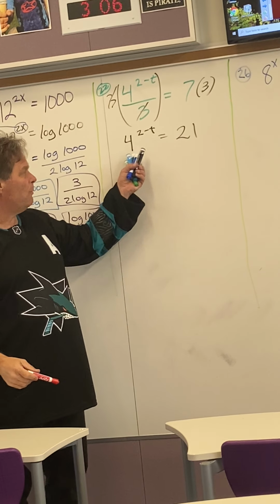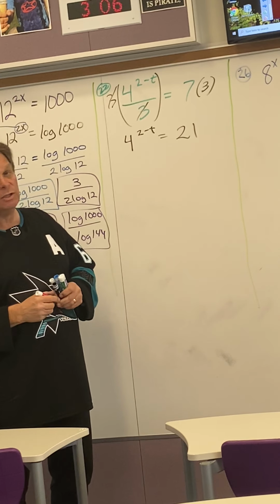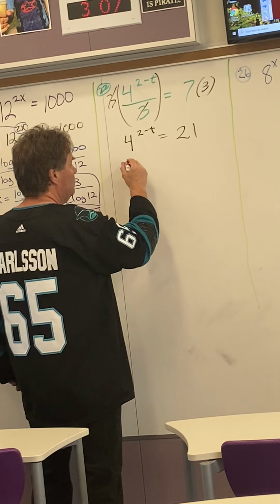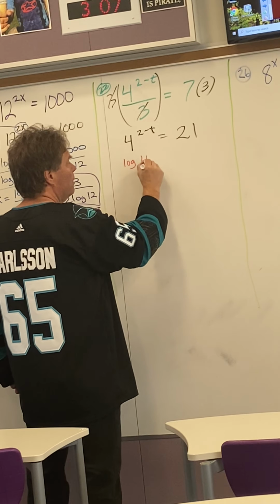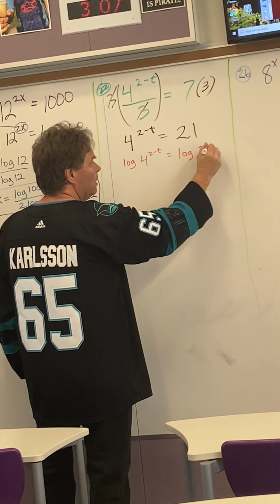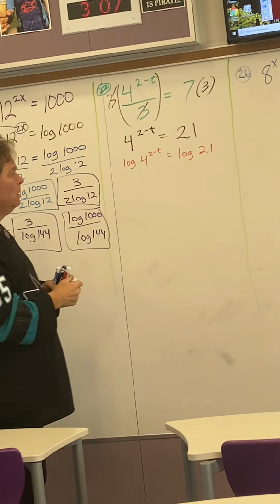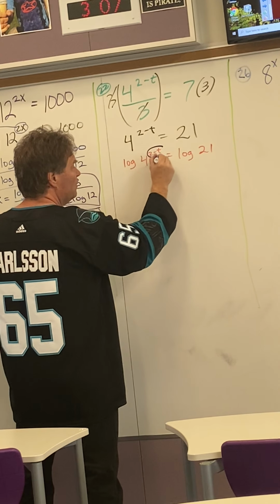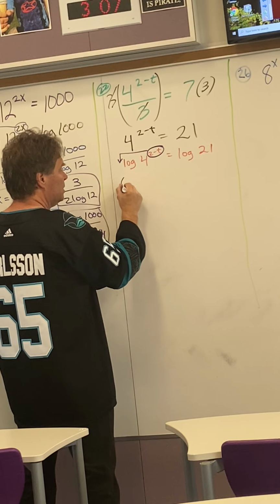Now, I can't make 4 and 21 powers of the same base. It'd be nice if I could, but I can't. So I'm going to take log of both sides. Okay, so log of 4 to the 2 minus t is log of 21. Remember, log means log base 10. Okay, now I can move this guy out front. Now it's a binomial, it's 2 terms. So I'm going to actually use